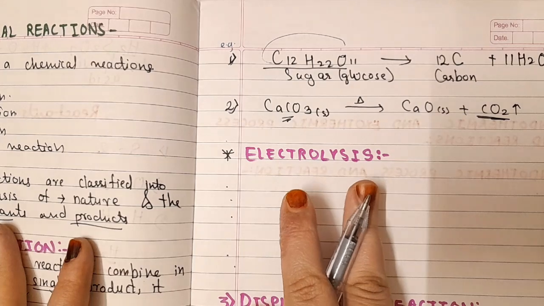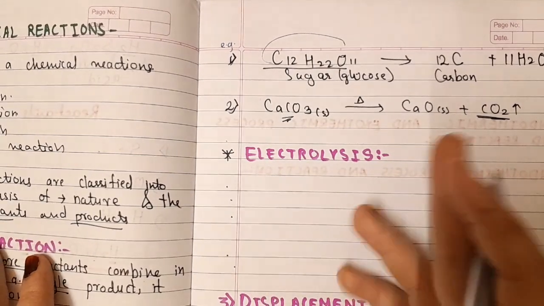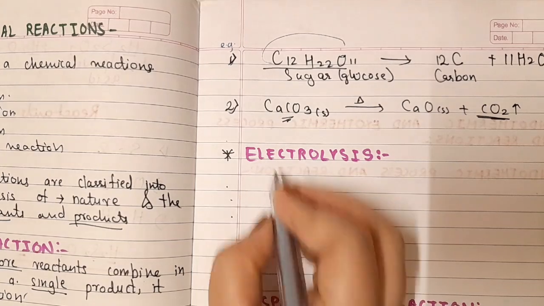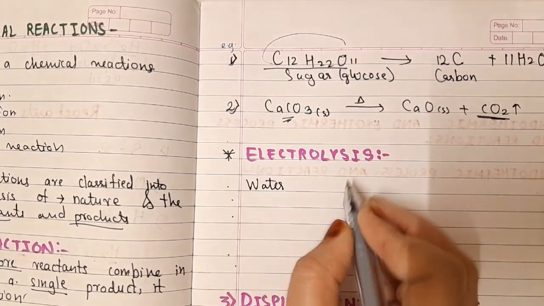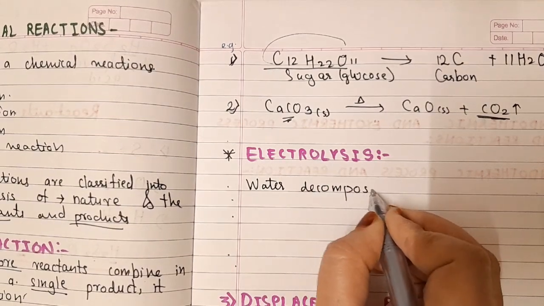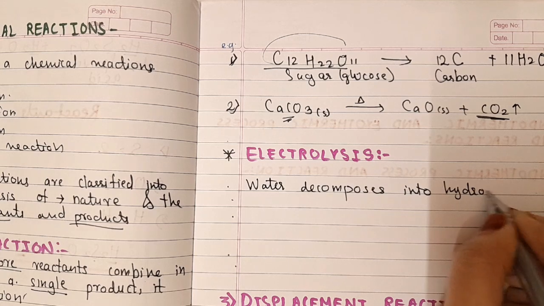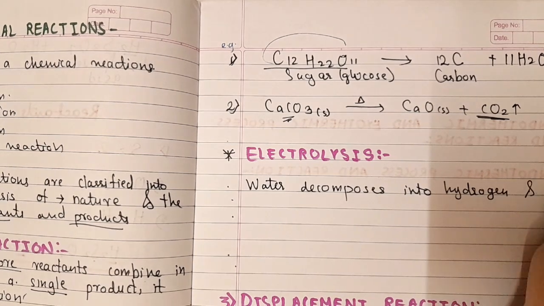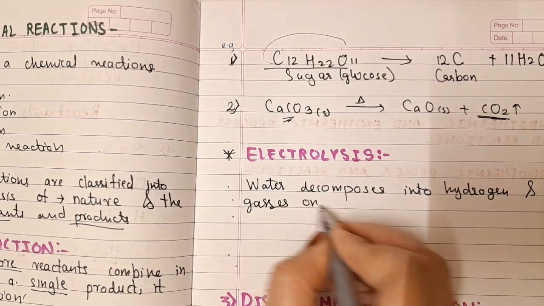Here, in this reaction, electrolysis, we have to see the decomposition of water. That means this is a process in which, here I am writing the definition first, water decomposes into 2 elements, which are hydrogen and oxygen gases, on passing